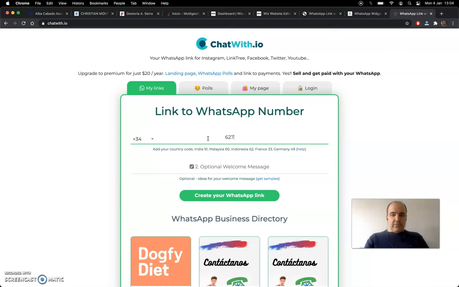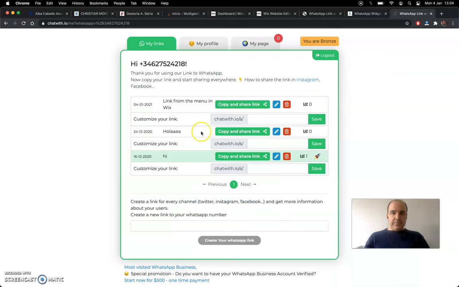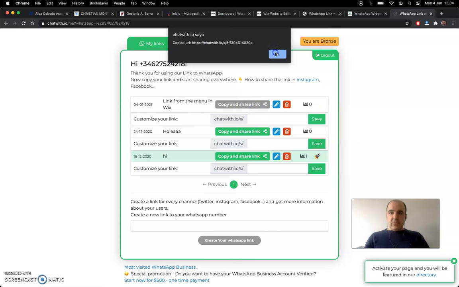You can type here your phone number, and here we can say link from the menu in Wix. We are going to create this link. Okay, so this is the link for the menu. I'm going to copy this link